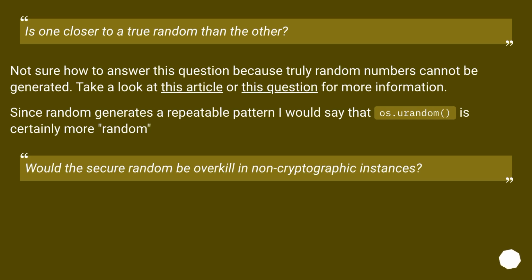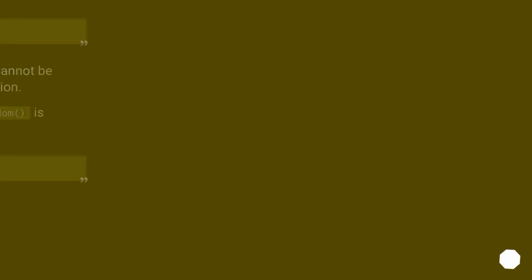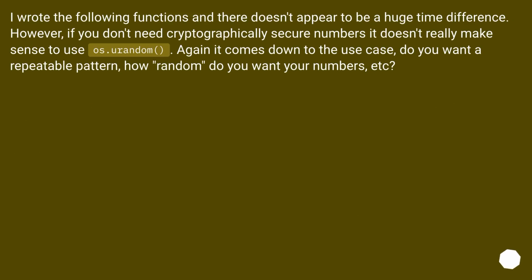Would the secure random be overkill in non-cryptographic instances? I wrote the following functions and there doesn't appear to be a huge time difference. However, if you don't need cryptographically secure numbers, it doesn't really make sense to use os.urandom. Again, it comes down to the use case. Do you want a repeatable pattern?